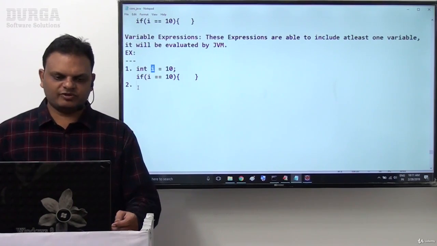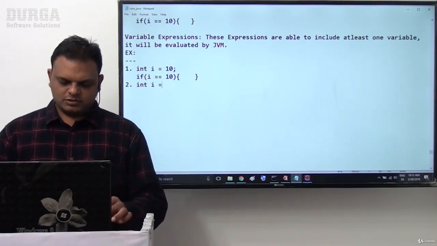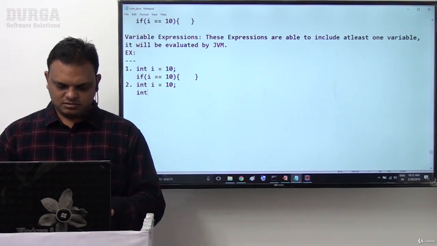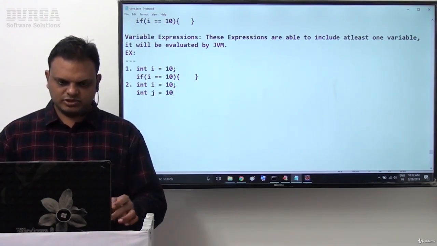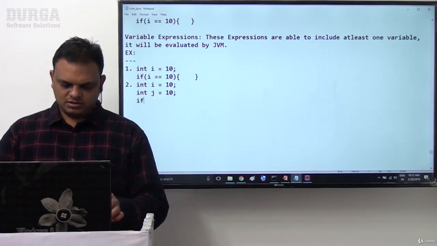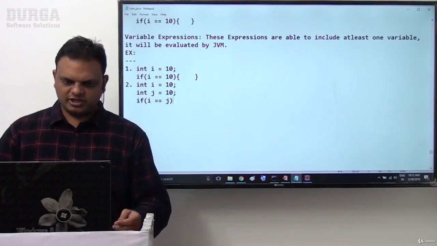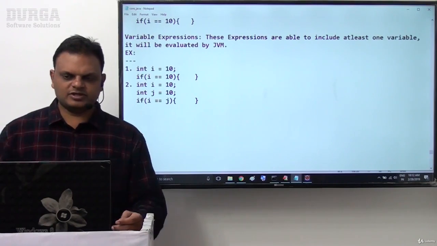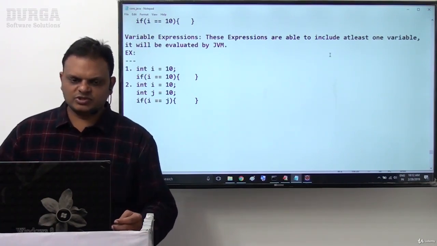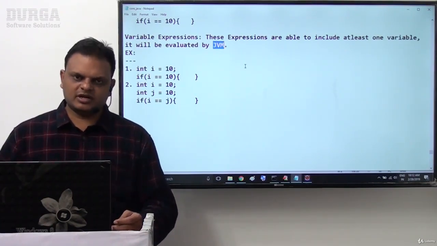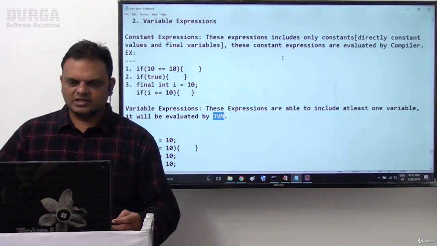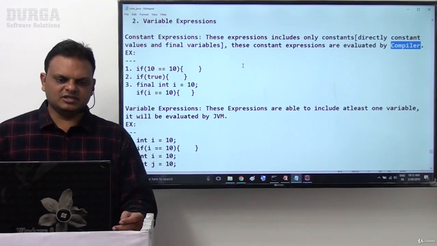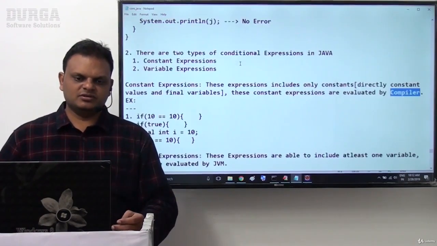Next: int i is equal to 10, int j is equal to 10, if i double equals to j. Now this is also a variable expression. These variable expressions are evaluated by the JVM, not by the compiler. But constant expressions are evaluated by the compiler. That's it. These are the fundamental points we have to understand.